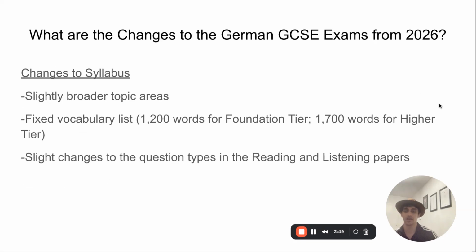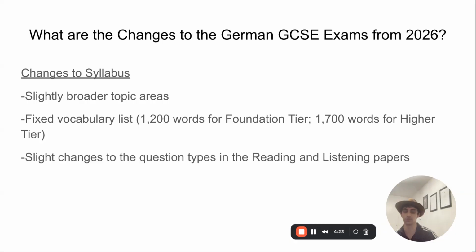Okay, so firstly, what are those changes to the German GCSE exams from 2026 onwards? Well, there are a few changes to the syllabus itself for AQA and Pearson EdXL GCSE. The topic areas have been made slightly broader. Which, of course, you should cover these topic areas in school. There is a fixed vocabulary list. This is one of the biggest changes, arguably the biggest, actually, to these exams